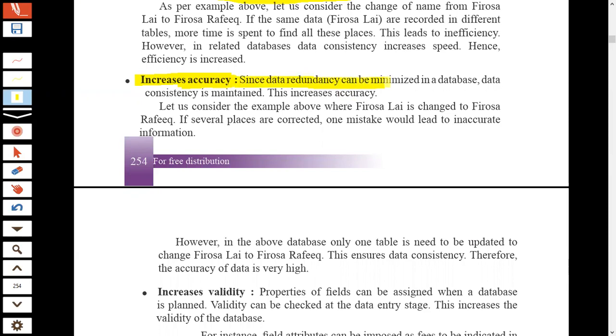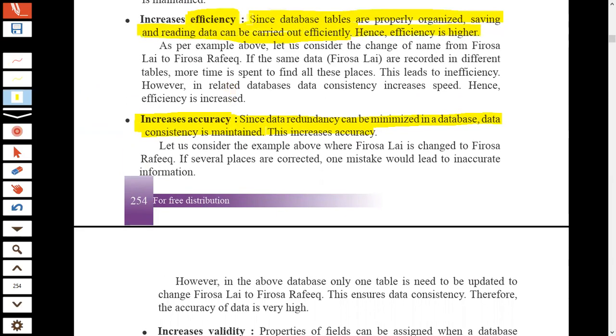Since data redundancy can be minimized, and the database data consistency is maintained, accuracy increases.